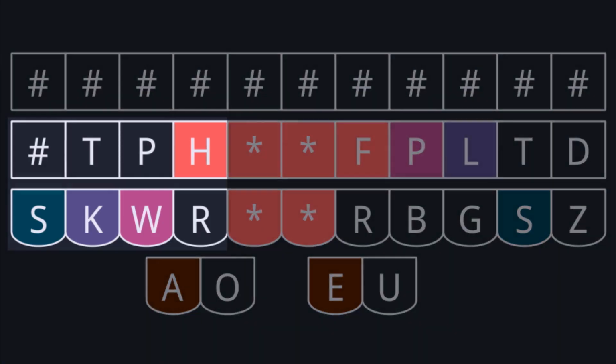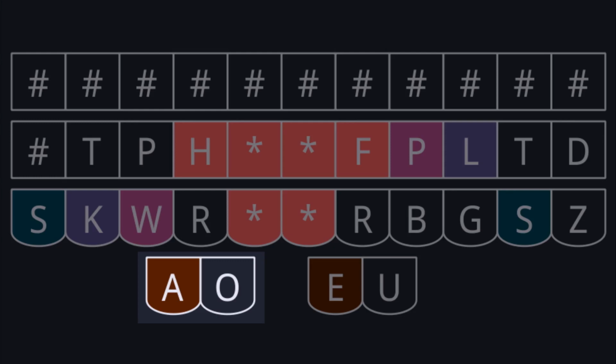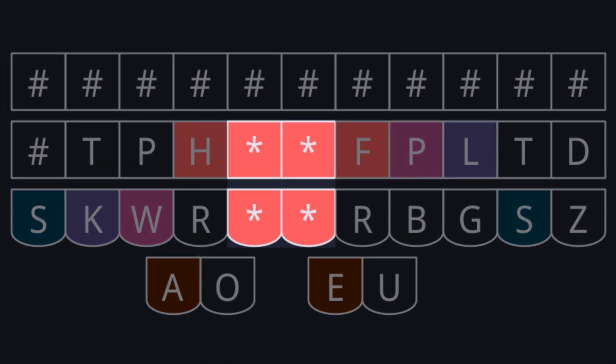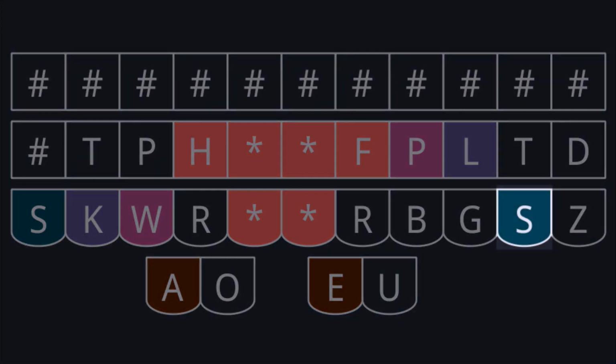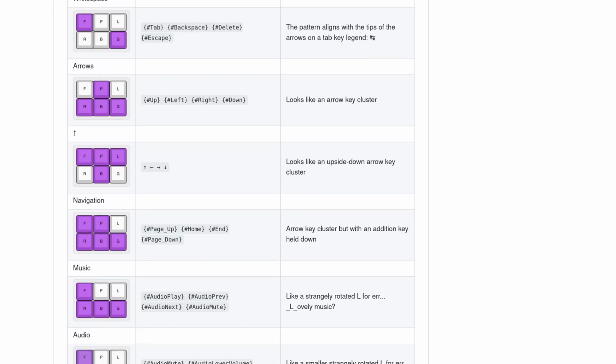To break down this stroke, SKWH is the left-hand unique starter. The A key tells us that there will be a space on the left side of the symbols, and the asterisk calls for the next word to be capitalized. FPL is a chord for the brackets family, with E giving us the opening square bracket symbol. Finally, the S key makes 2 of them. Emily has a bunch of helpful mnemonics and tips on her GitHub repository, so definitely check that out if you want to use her dictionary.